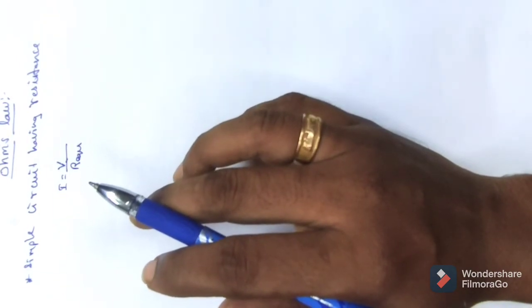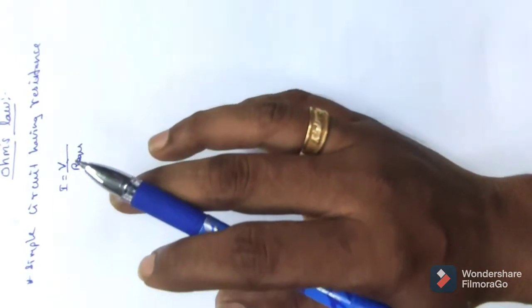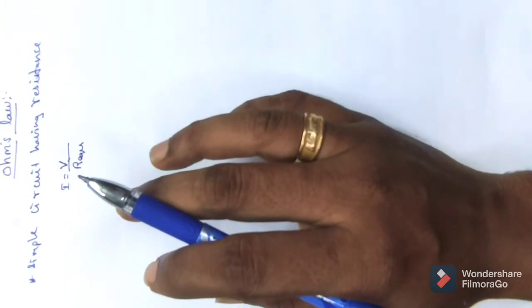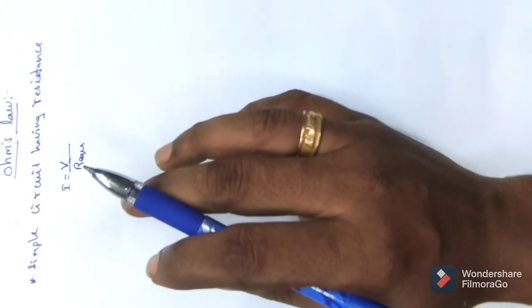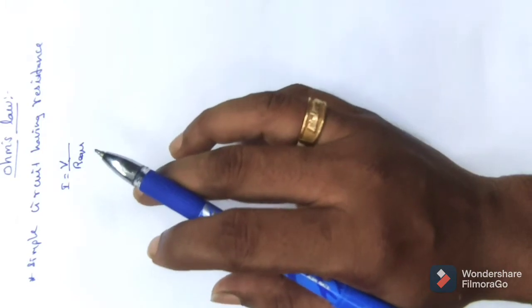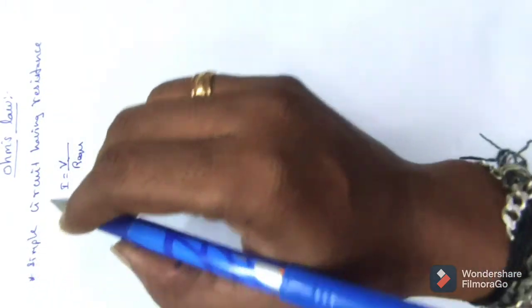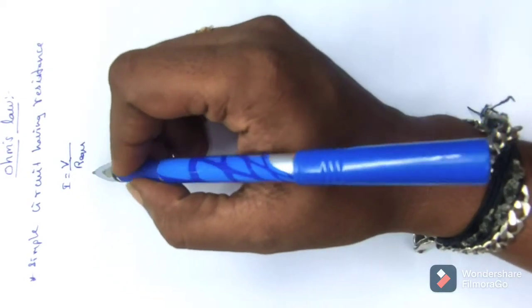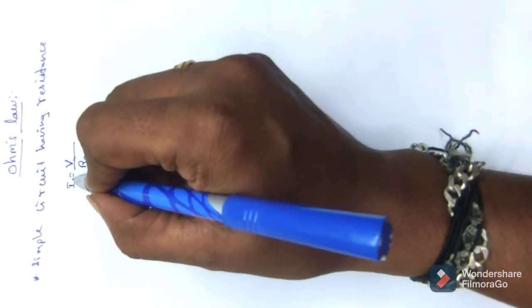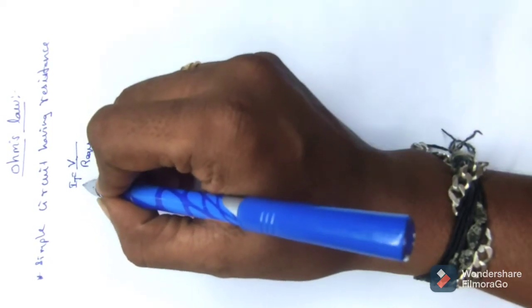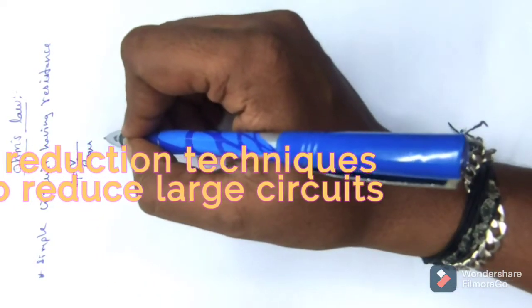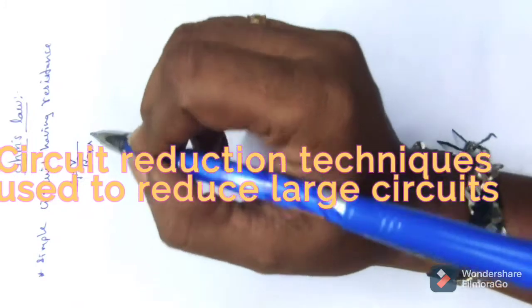With the help of the network reduction technique, we reduce that larger circuit into a simpler circuit and make that an R equivalent. Finally, we introduce that R equivalent into Ohm's law to determine the current. The answer obtained from Ohm's law is the total current only. Why? Because we get this current from the equivalent resistance of a complex circuit.